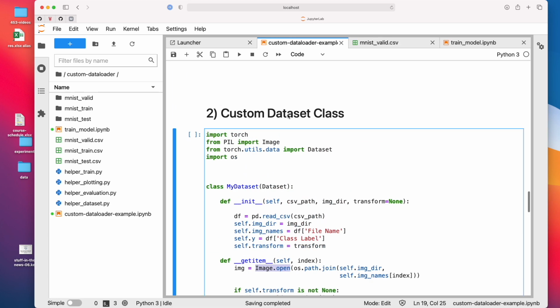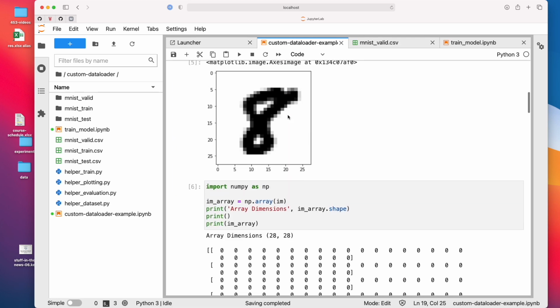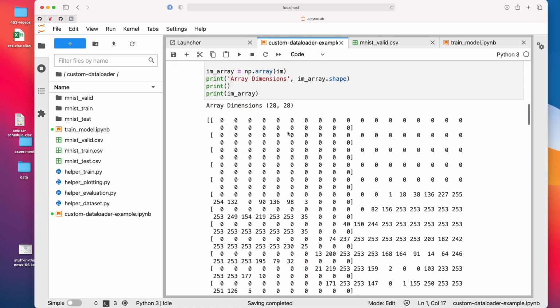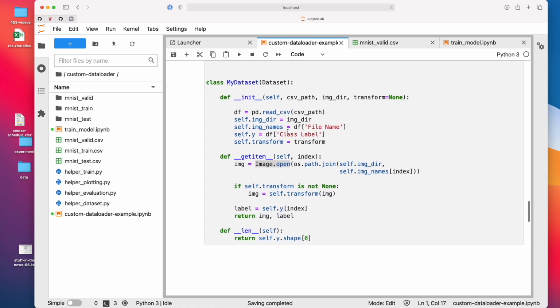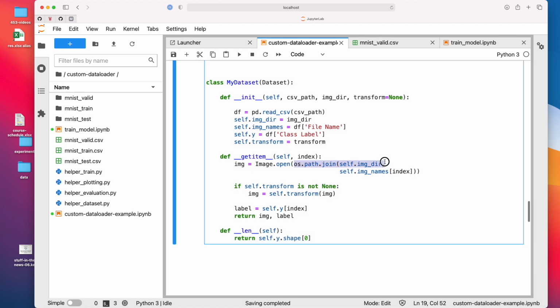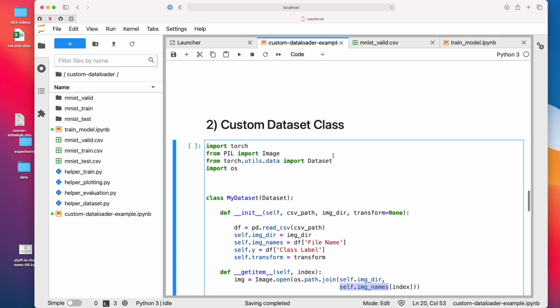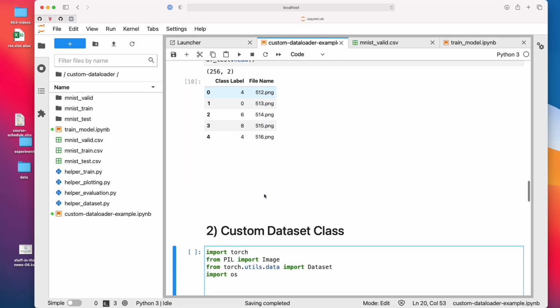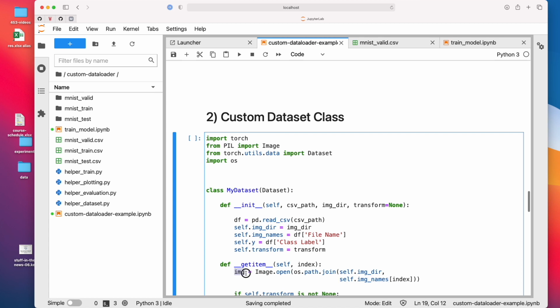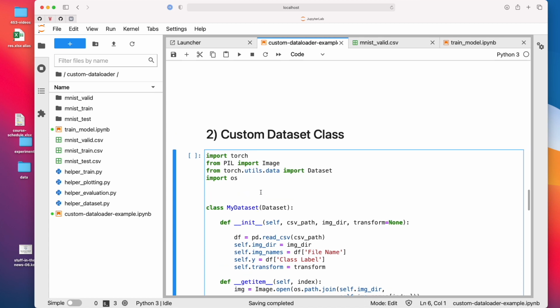So Image.open. This is similar to what I used up here, Image.open. And then I'm giving it the path. So the path is based on the image directory that I provide here, and then the image name. So the image name is in this column, right? So here what img is, it will be, for example, something like MNIST train, let's say 1.png.